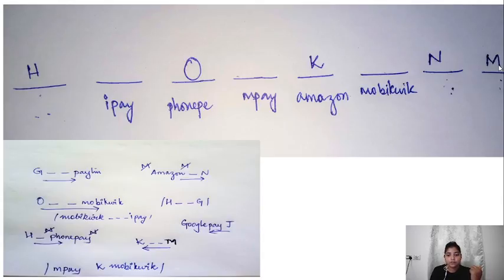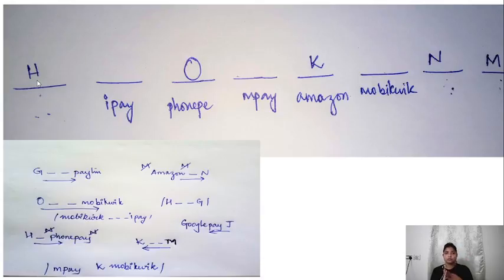So when we write M here, Amazon will not come here and Amazon will not come here. We have only this area Amazon and this area Amazon. If I write Amazon here, N will not come here. So again I have only this place for Amazon. If I write Amazon, then there is N. If we write N here, we cannot write PhonePe next to N. Okay, yeah. And PhonePe I cannot write here, because if I write PhonePe here, then there will be no place for H. So PhonePe, I have only one place, that is PhonePe, then H.